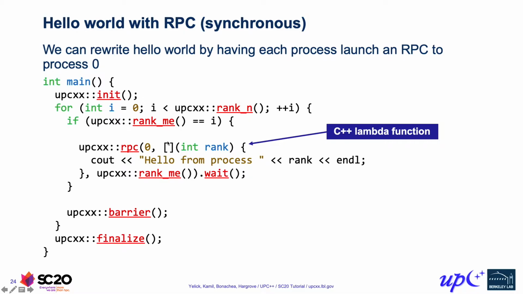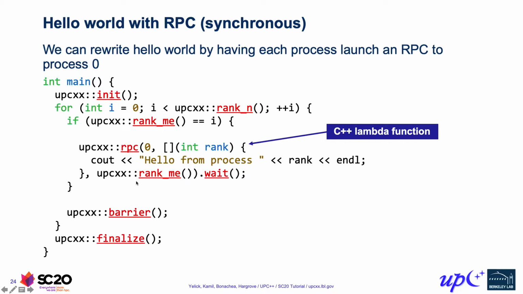And there isn't a return type here either. Okay, that gets inferred. And in this case, if we take a look at the body here, it doesn't return anything, so the inferred return type is void. We have our lambda as our function we want to run on process 0. It takes an argument, so we need to supply that argument as the next argument of RPC.